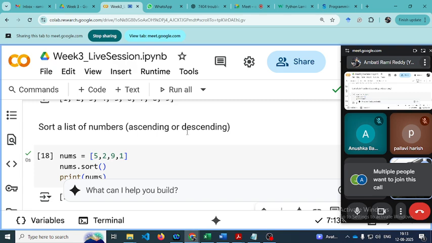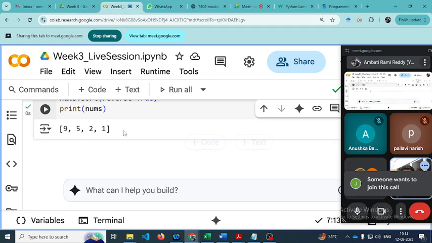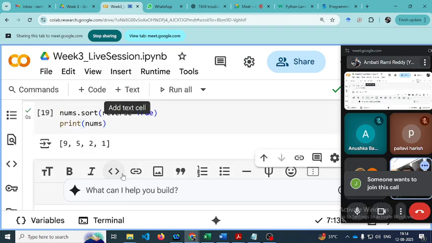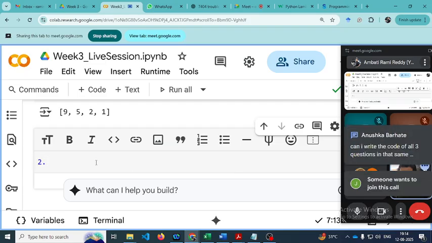So the next one is, suppose similarly this is for numbers, right? I have strings. I need to sort strings alphabetically. Okay, that means you need to print. The second thing is you need to sort